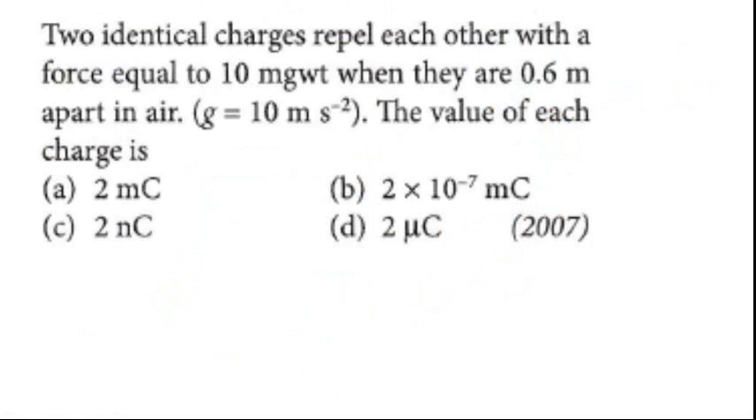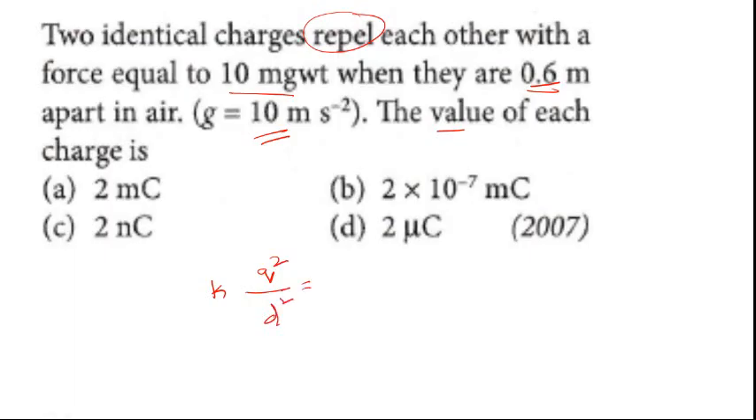Okay, see, two identical charges repel each other with a force equal to 10 milligram weight. 10 mg weight means 10 milligram weight when they are 0.6 meter apart, in air. G is given to be this. The value of each charge is, so they repel each other. What is the formula for force between two charges? K Q, identical charges, therefore Q into Q is Q squared divided by square of the distance, D squared,